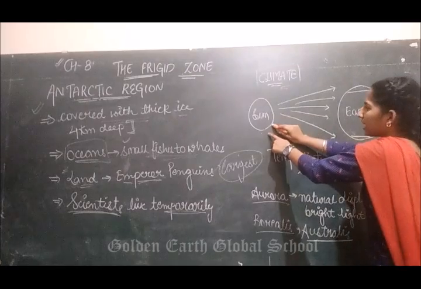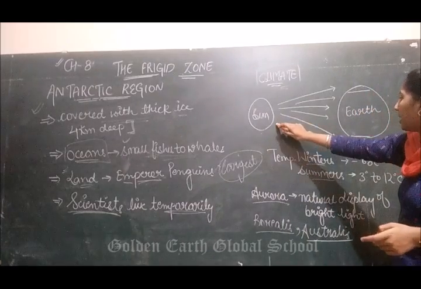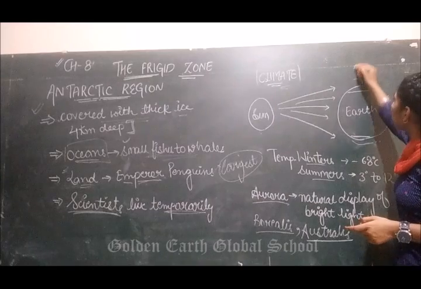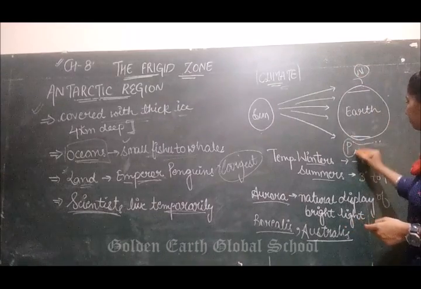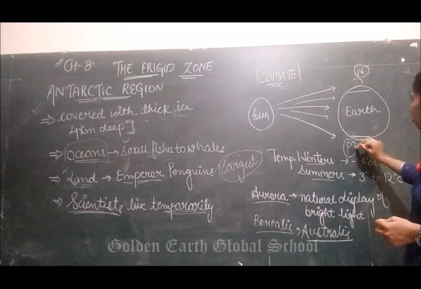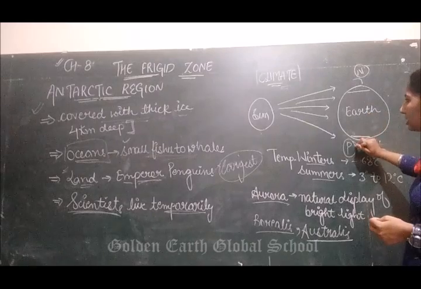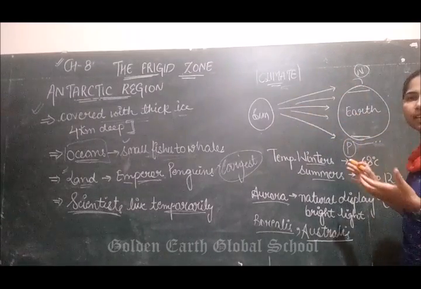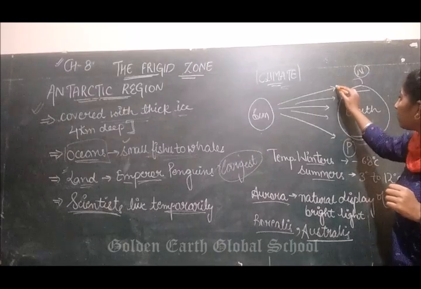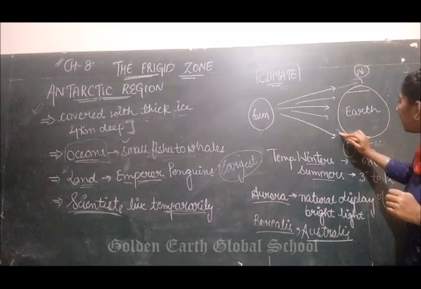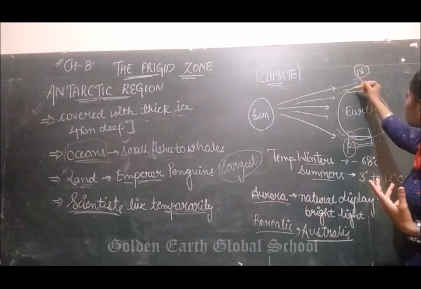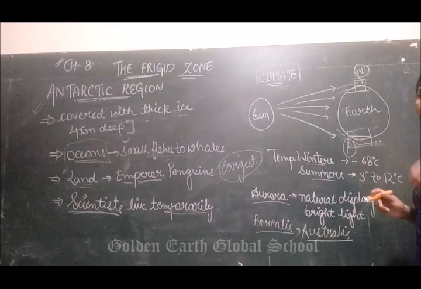So this is sun and this is our planet earth. The rays of the sun, जो sun rays है वो poles पे, this is north pole and this is south pole. The poles of the planet earth, north pole and the south pole, they receive slanting rays. जो sun से sunlight आती है या sun rays आती है वो slanting ray में आती है, ऐसे टेढ़ी आती है। इस वजह से जो poles है नॉर्थ पोल और साउथ पोल, वहाँ पे